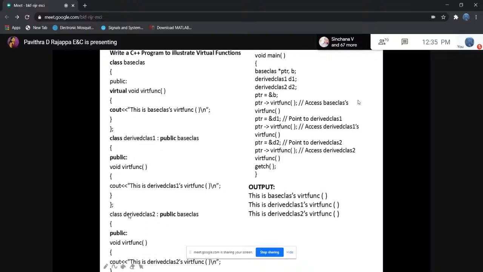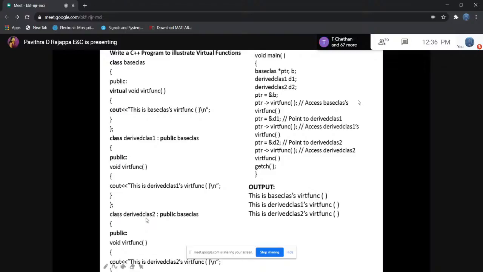Class derived class 2 public base class, in the public section, I'm declaring void watch func. Watch func is the name of the user defined function, but the names of the member functions remain the same.